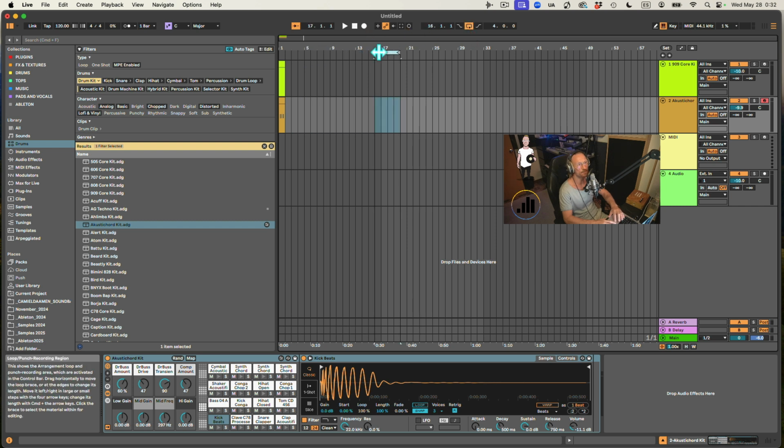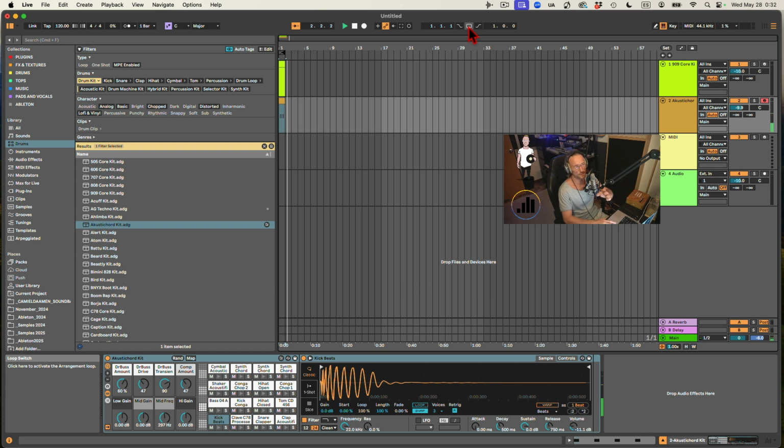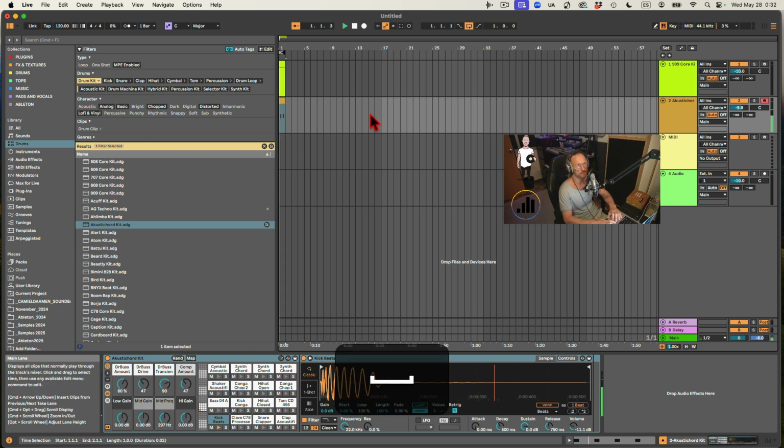We have our loop. That's this guy. You can move it around. You see if I make it longer, this value goes up here. So you can also use this value, but I like to use this. And this is going to be handy because we're going to use this in the beginning to loop this section. So it's going to continue to play. And that's because of this guy. If this is off, it's going to run on. But if this is on,